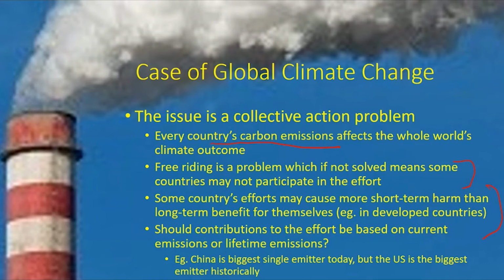Some countries' efforts may cause more short-term harm. By this, I mean developing countries especially have this problem, they want to stimulate economic development. They want to raise their peoples up out of poverty. The simplest, easy way to do that is to use energy derived from our known sources, which is fossil fuels. The more difficult way to do that is to use alternative energy sources, or to maybe cut back on the use of fossil fuels, but that might mean cutting back on the promotion of their economic development and growth. So developing economies have to try to figure this out. How do we balance these particular things?